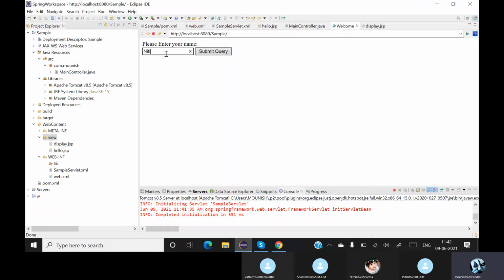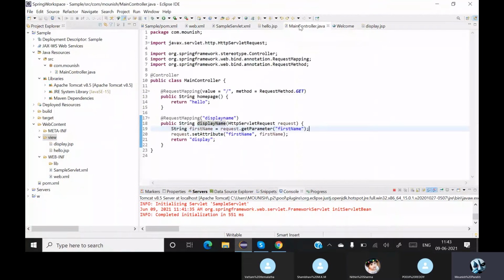It doesn't matter what name you give, it will automatically give you the concerned details. Got it? Yes, sir. So that is how basically we run our MVC.